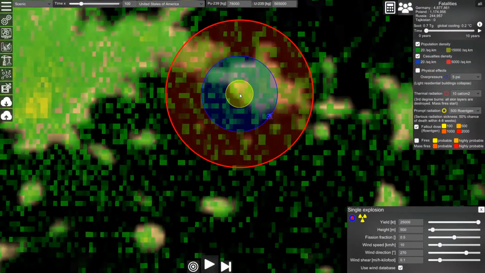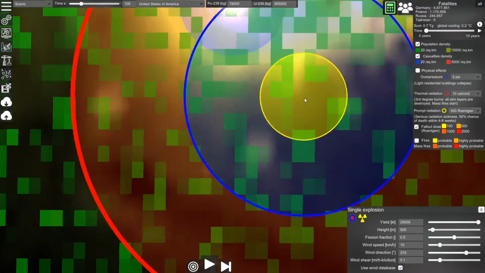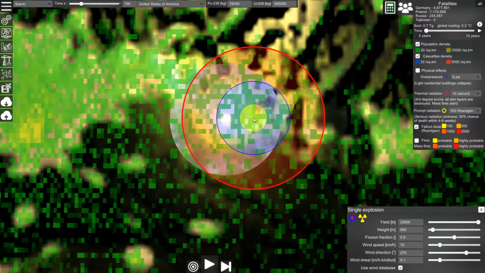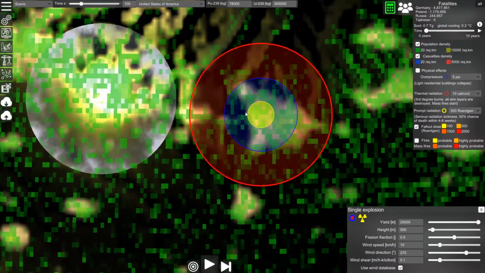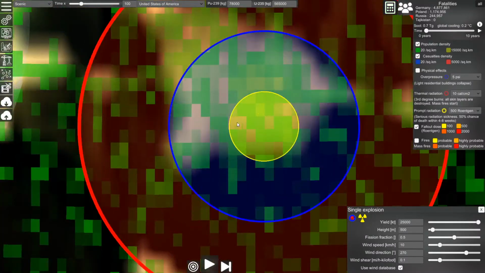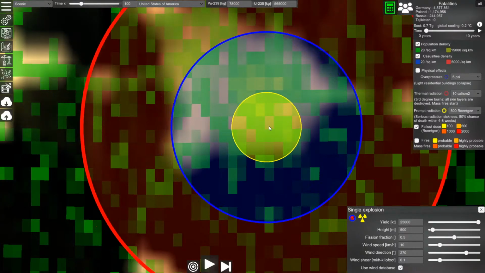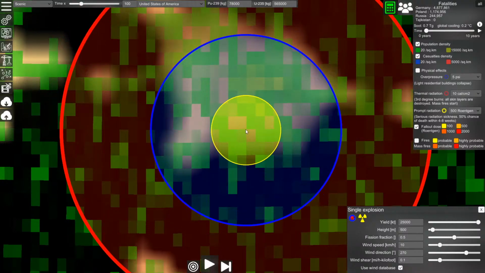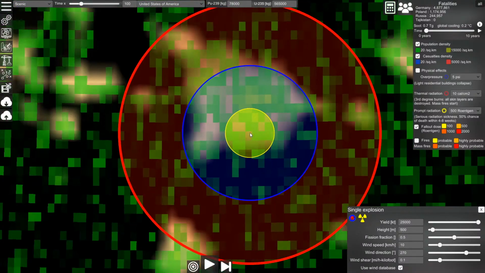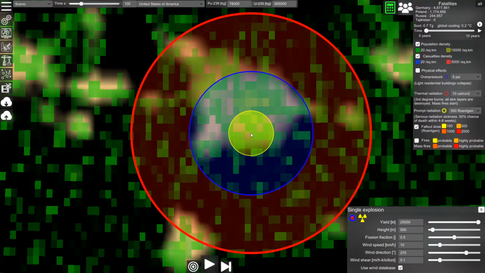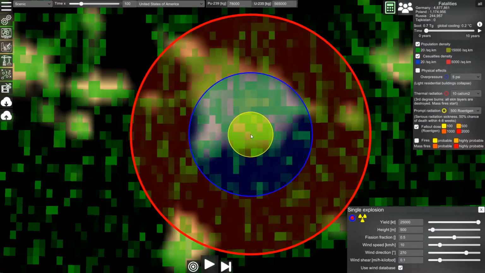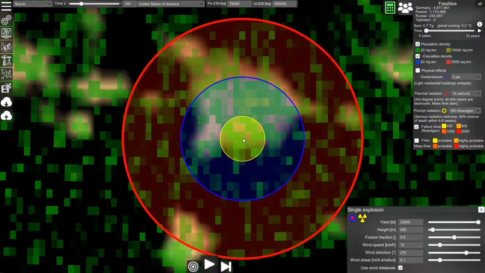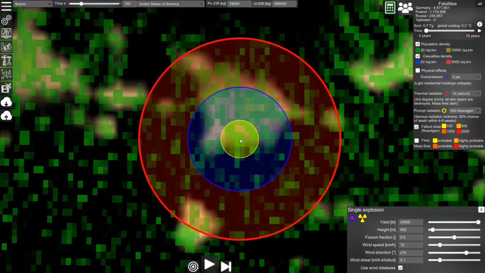Let's take out this area too. Even that military base was affected. Basically, the outer rings you see: the orange ring is the radiation ring, how much prompt radiation is going to be in the orange area. The blue area is the physical effects, the area that is going to be affected by the shockwave of the blast. So anything within the blue area is going to